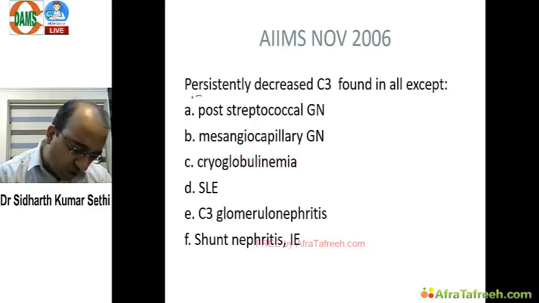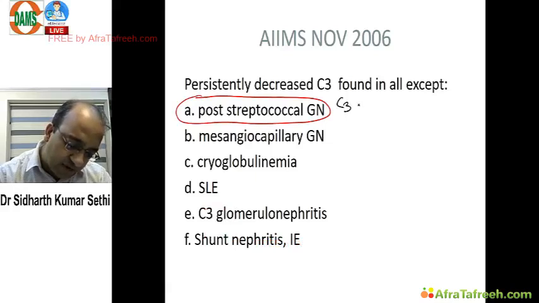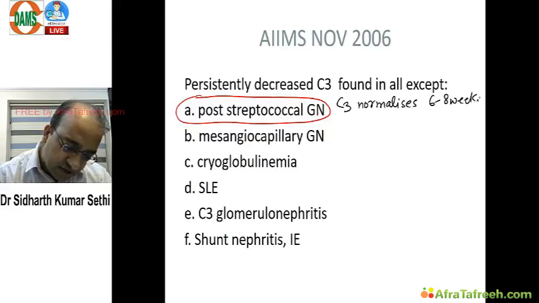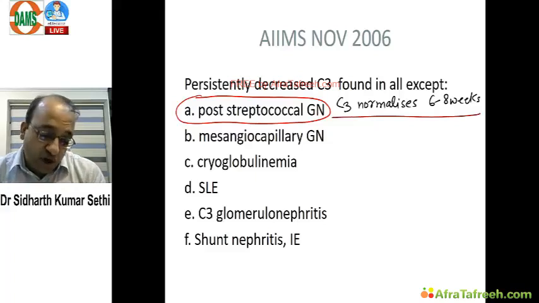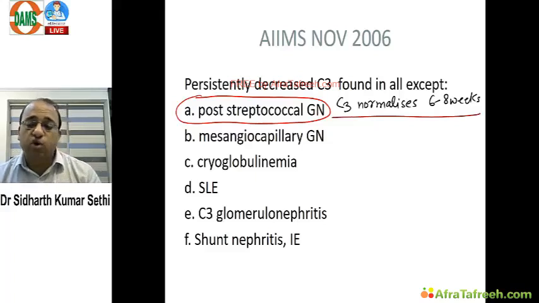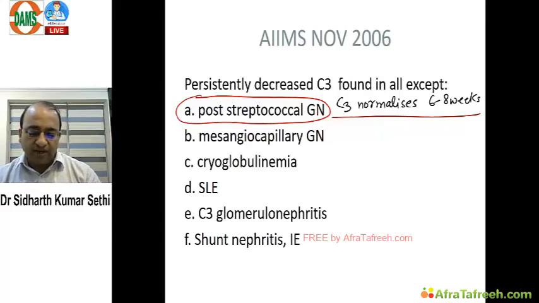And all of you are right, yes. In post-streptococcal glomerulonephritis, C3 comes back to normal, it normalizes in 6 to 8 weeks. So in post-streptococcal GN it normalizes, and everyone in the class is right. I would like to clap for all of you. Very nice. So, other causes of low C3. In your Harrison's textbook, remember there's a table: causes of transiently low C3, causes of persistently low C3. So the rest of the causes here are